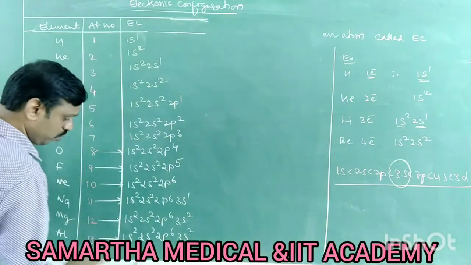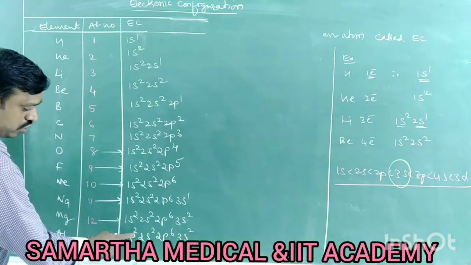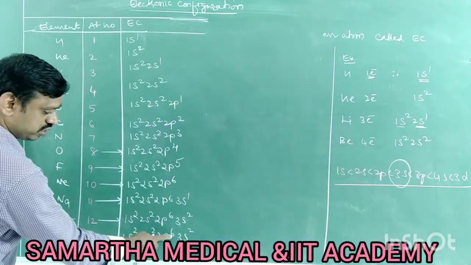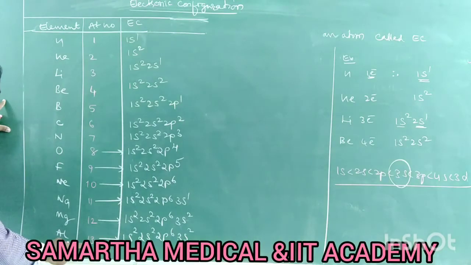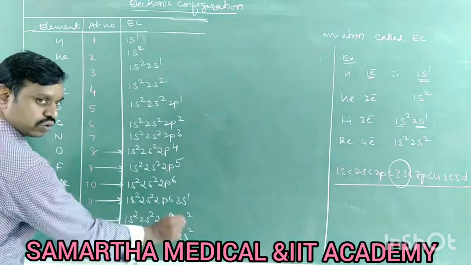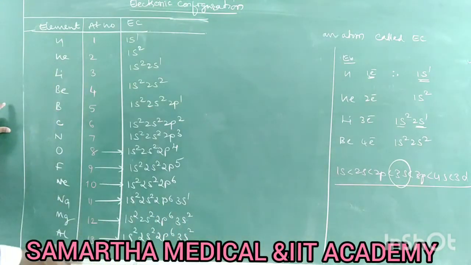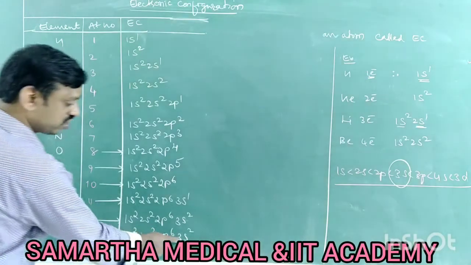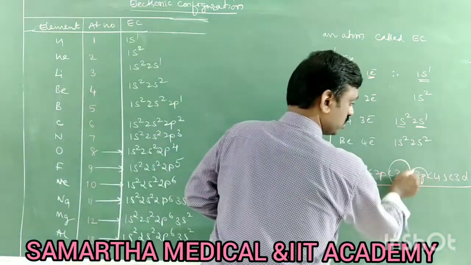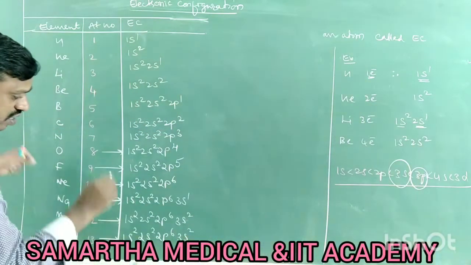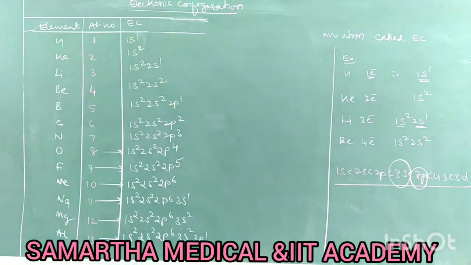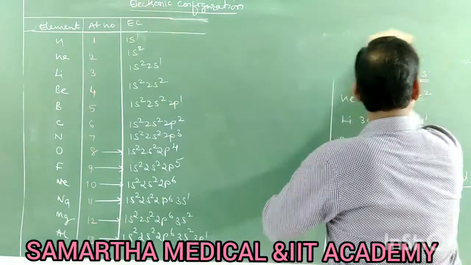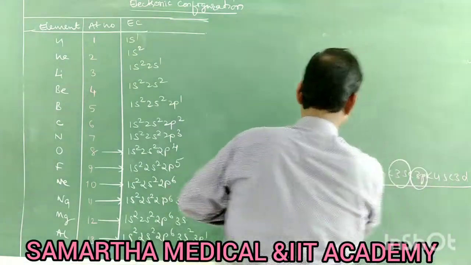Then still one more electron has to be added, because 2 plus 2 plus 4, 4 plus 6, 10, 10 plus 2, 12. But we should write 13 electrons. So far we added only 12 electrons. Then one more electron should be added after 3s. After 3s, what comes? 3p. Therefore, now the electron enters into 3p1. So this is aluminium.